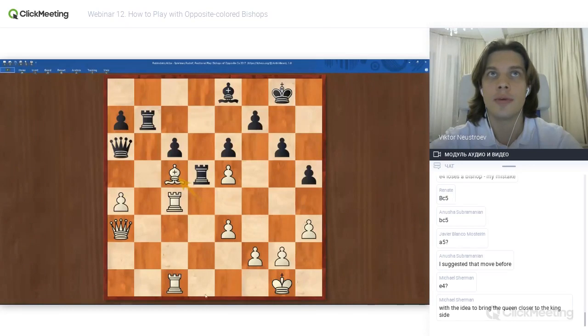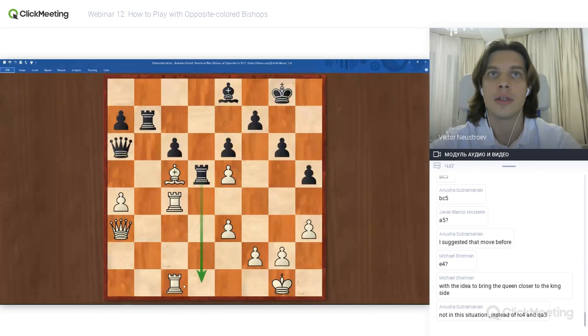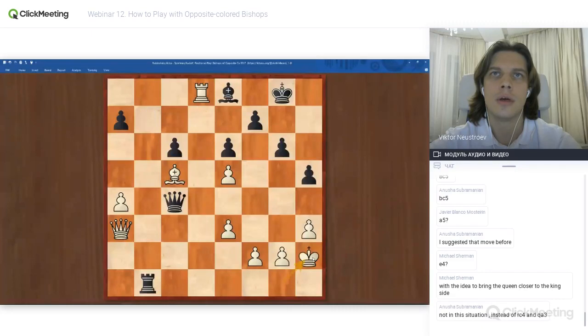For example, rook d1 can be played to be able to trade rooks like this. I don't know if it works. Okay, actually, rook d1, rook takes on d1, queen c4, rook goes here, rook b1 check, king h2. And maybe something like this. And if rook takes on e8, then queen f1 with the idea to find a perpetual check